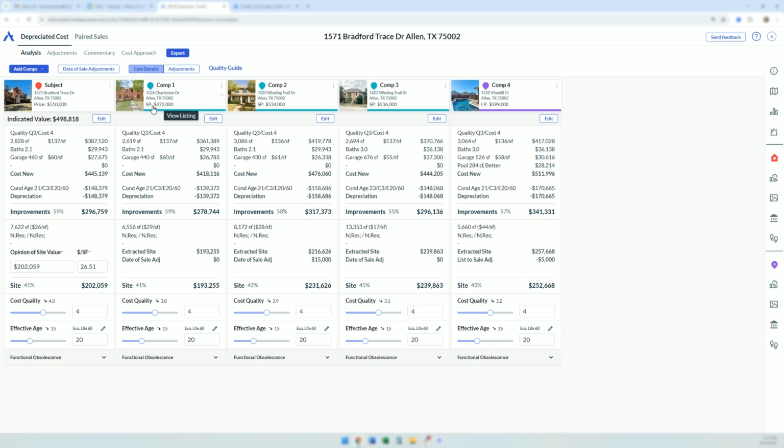One bucket is this improvements bucket. And the other bucket is the site bucket. We've only got two buckets. And we've only got $472,000. So the land is worth something, and if the land is worth X, then the improvements are worth $472,000 minus X. So our job to get to the site value is simply to figure out what these improvements are and